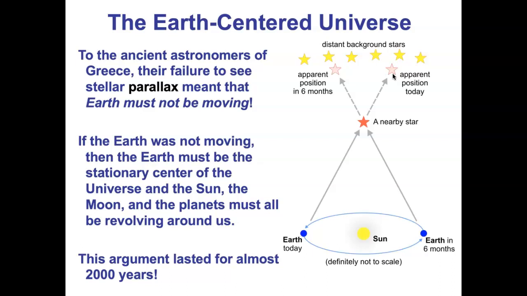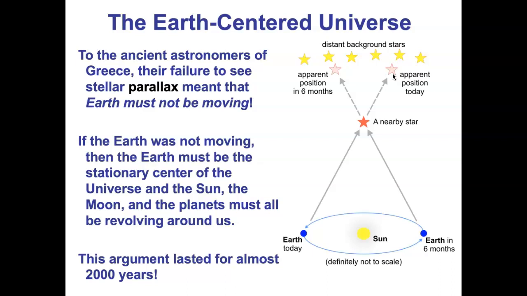And so for the next 2,000 years, people read the writings of astronomers from back in ancient Greece, and people like Aristotle wrote down, this is why we know that the Earth is the center of the universe, because we don't see the parallax of stars. And so for 2,000 years, anybody interested in why we think the Earth is the center of the universe could read Aristotle's book about it, and compare Aristotle's writings to your own observations,